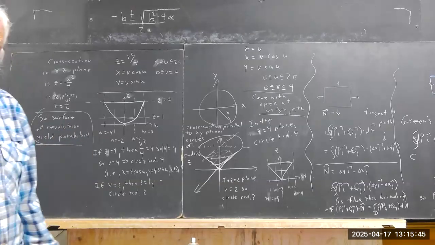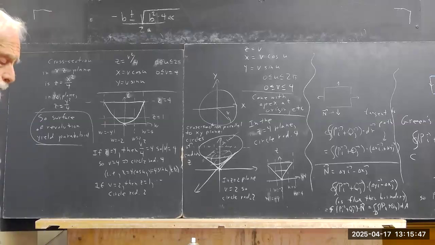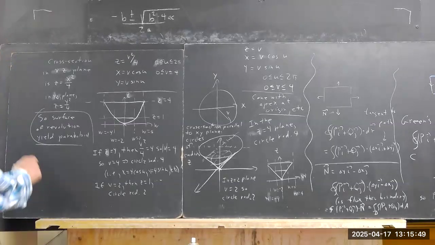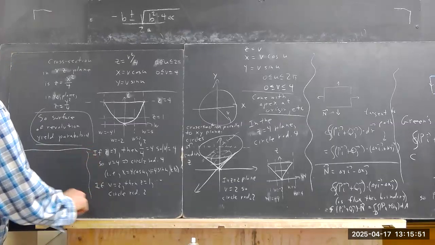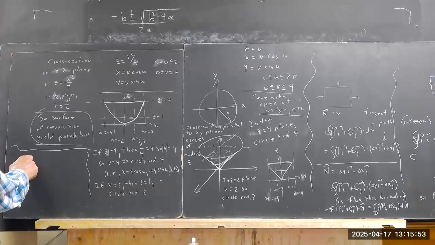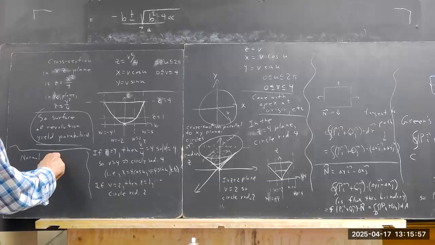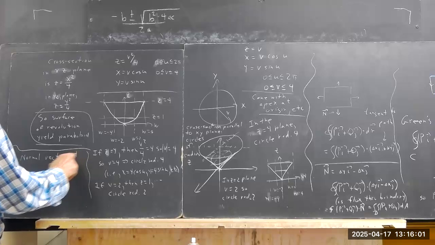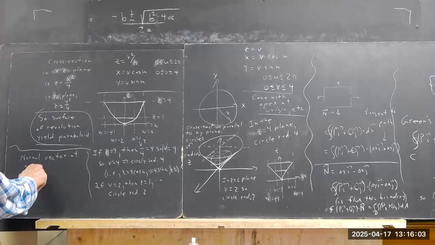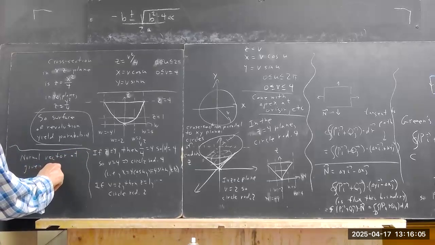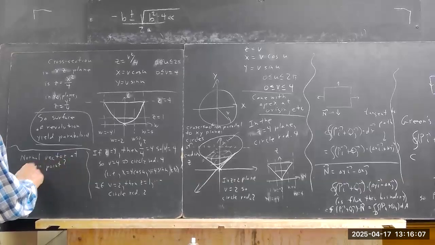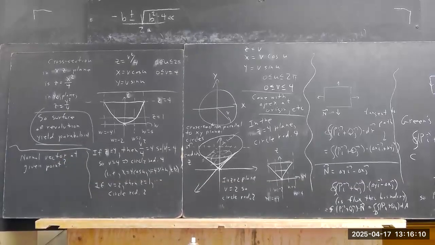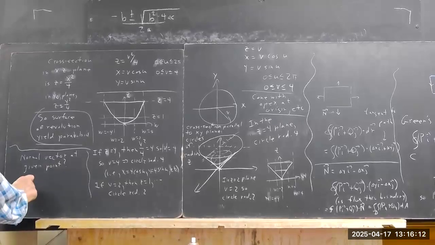You have to have a normal vector. Put your normal vector at a given point. Well, you could say here,